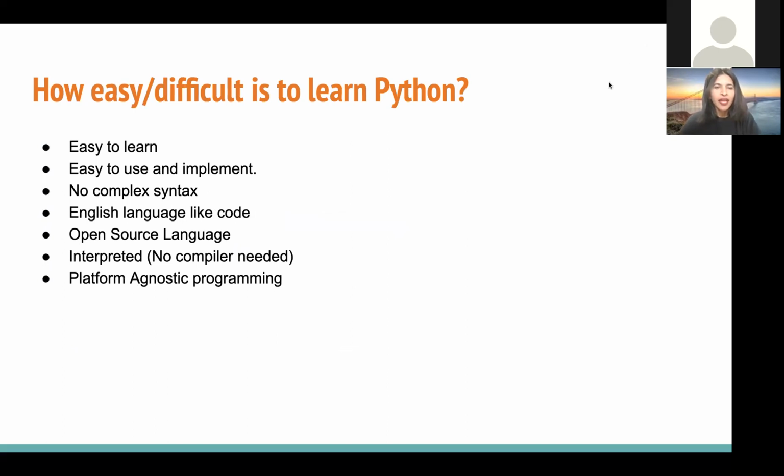Okay. So we have been hearing about Python all the time. And more importantly, when we say a programming language, for a beginner, it's always this question: is it difficult or is it easy? How complex is this programming language that I'm hearing about? Can I do it? Can I learn it? This is my personal opinion that out of all the programming languages that are available, Python is the easiest language to learn, use and implement, because it doesn't have a complex syntax.